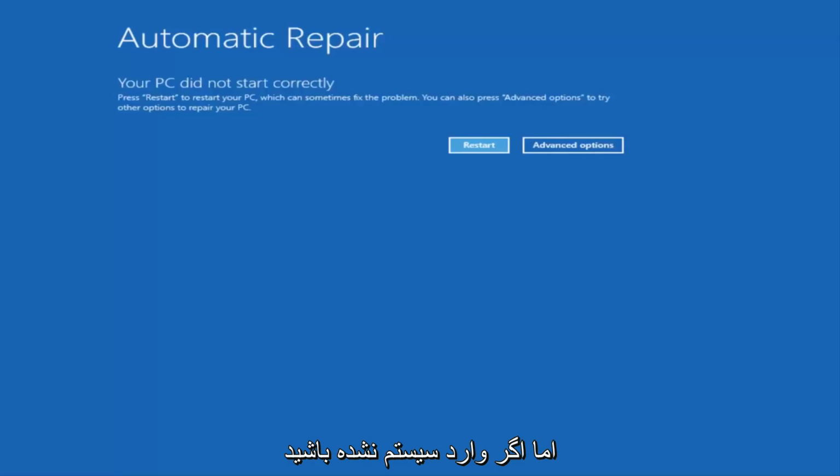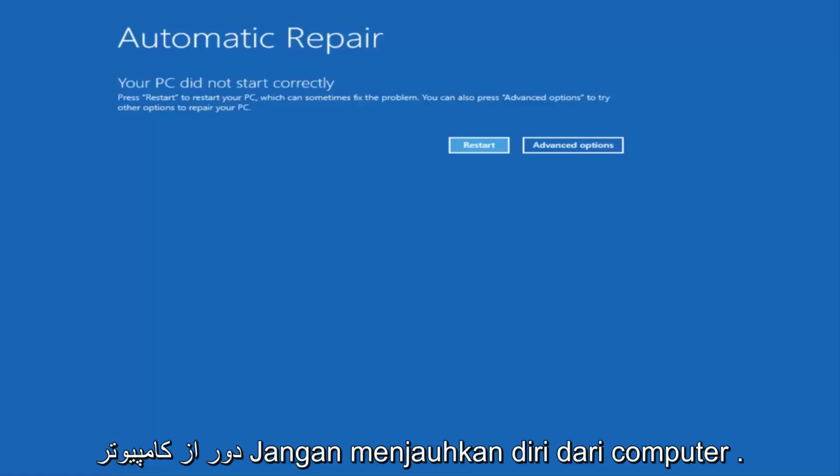However, if you're unable to get to the screen automatically, I'd recommend going online and downloading the Windows 10 Media Creation Utility, which is a free download from Microsoft. This should be installed on a DVD or a USB flash drive. It's a pretty automated process, and you basically want to boot your computer off of it. Then instead of installing Windows, you're going to look for something that says repair my computer at the bottom left corner.